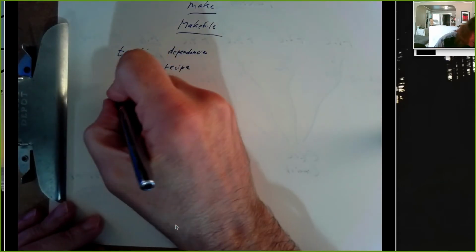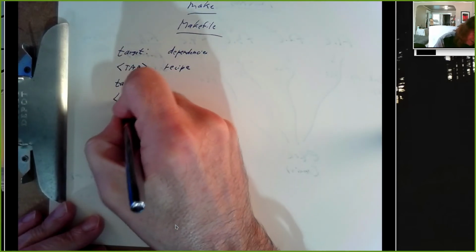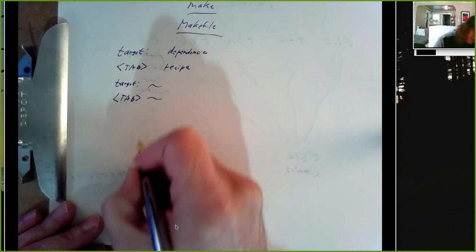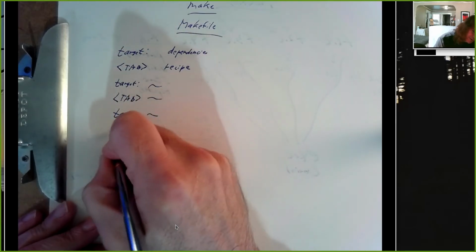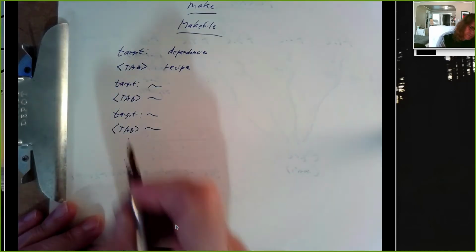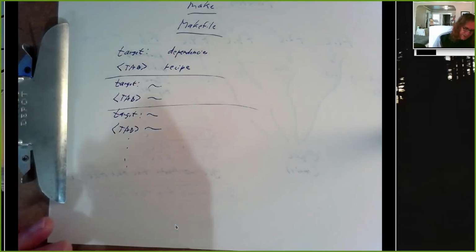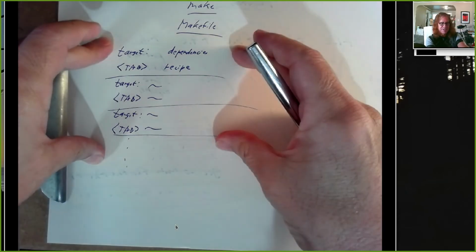And then the third line is another target, and a tab followed by a recipe. And then there's another target and a tab followed by a recipe, and so on. So it's a collection of pairs of lines. And if I say make, the make command will look for a file like this in my current directory,